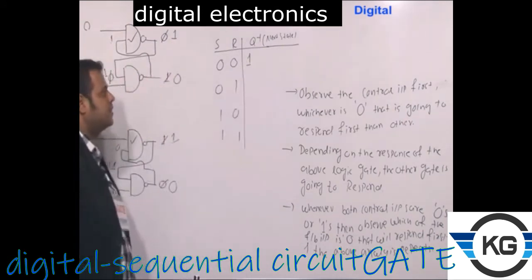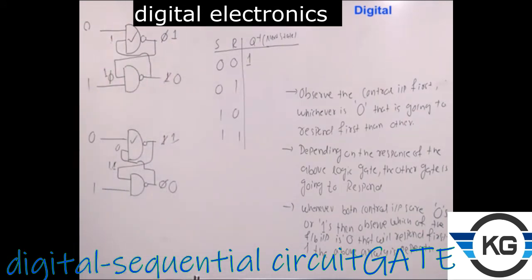One more point here. You may think that there are two outputs here, Q and Q bar, but why have I taken only Q plus? Why not Q bar plus? The reason is that if you know the value of a particular variable in digital, its complement is also known to us indirectly. If a value is 0, directly you can say that its bar is 1, or if a value is 1, I can say that its bar is 0. So there is no meaning in repeatedly writing that. If you know Q plus, it means Q bar equals 0 for Q plus equal to 1, or Q plus equal to 0 means Q bar equals 1.